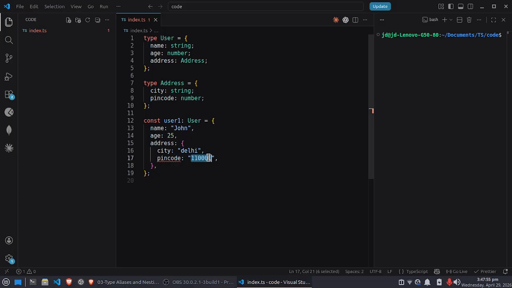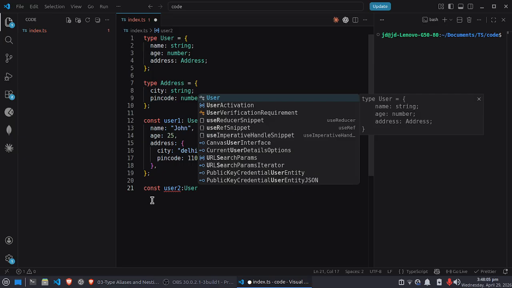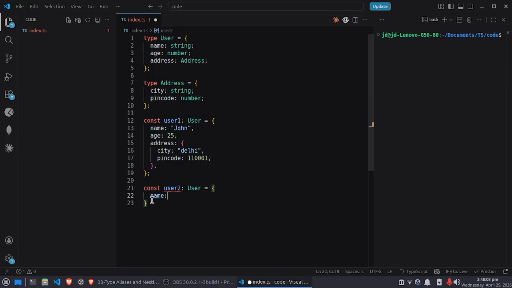If I want to make another user, I can do it without any issue: const user 2 of user type, with name, let's say Jane, it's a string type, age is 35, and it also has the address, and for city, let's say London, and pin code, let's say